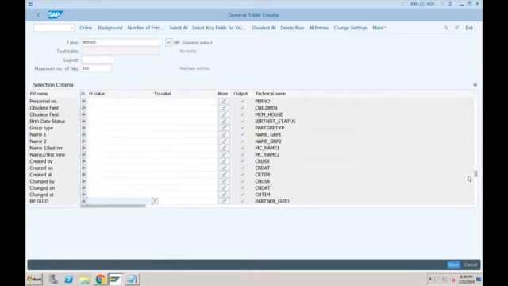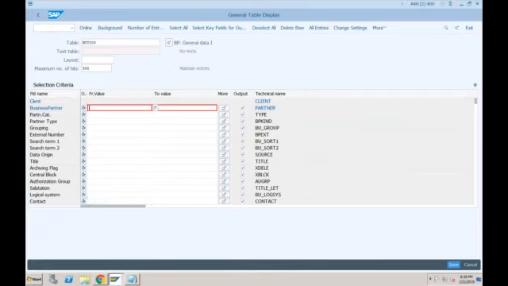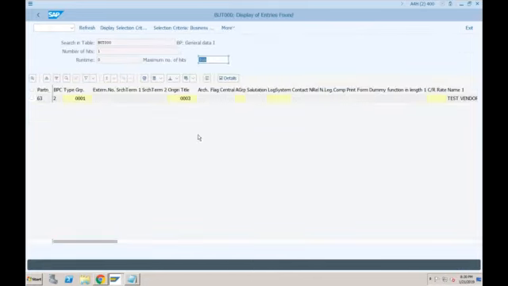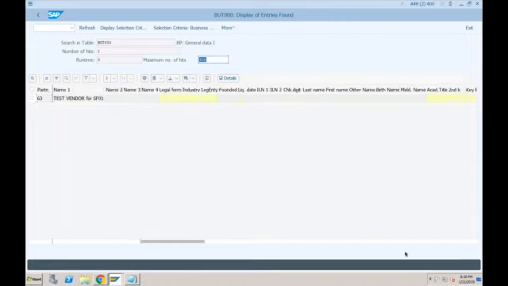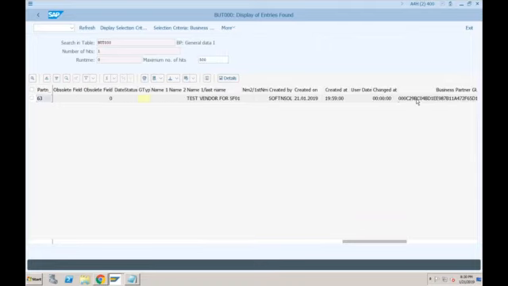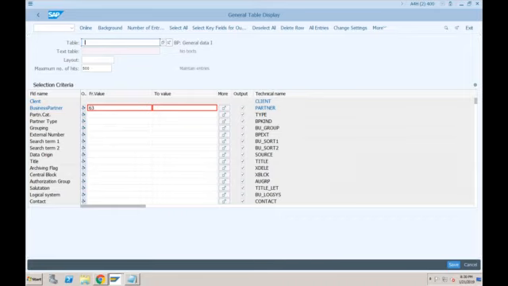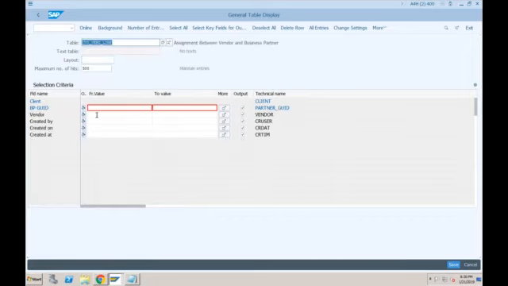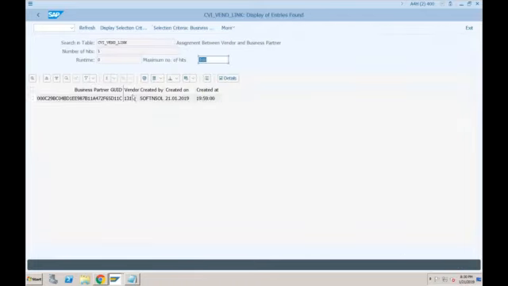Same thing if I do this for business partner number 63. Online. And if I just take this business partner GUID, where is BP GUID? This one. If you copy this, go to CVI underscore VEND underscore LINK and provide this BP GUID, it will show you what is the vendor number, 131.